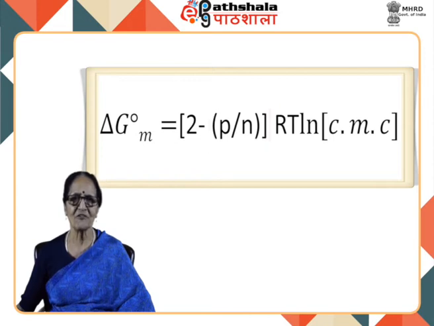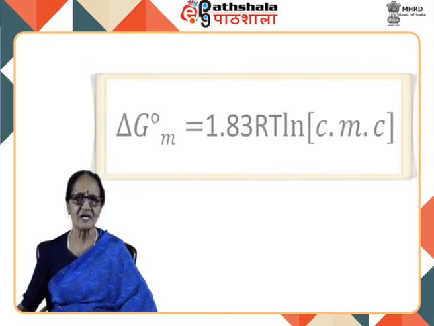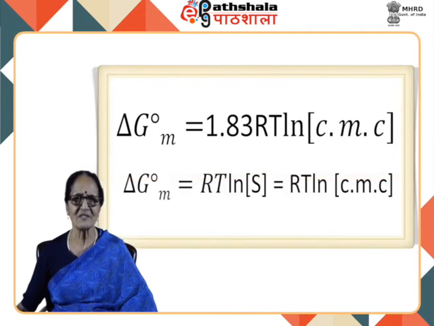So, equation 15 reduces to equation 16, that is, delta G0m is equal to 1.8 RT ln CMC. Comparison with equation 12 clearly shows that for similar delta Gm, the CMC is about 2 orders of magnitude higher